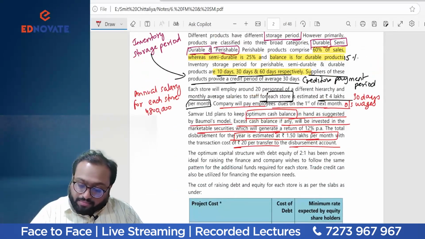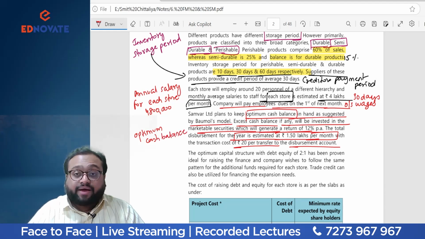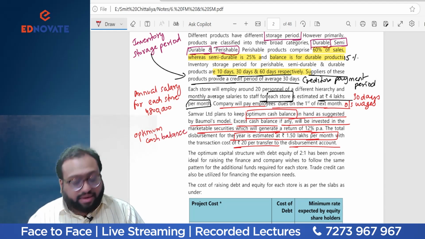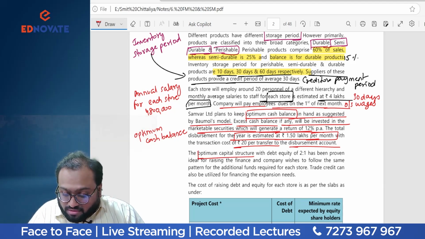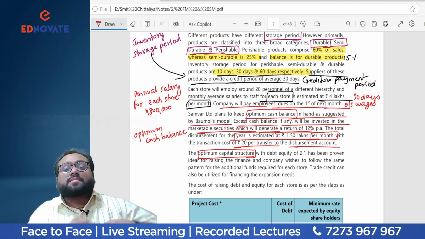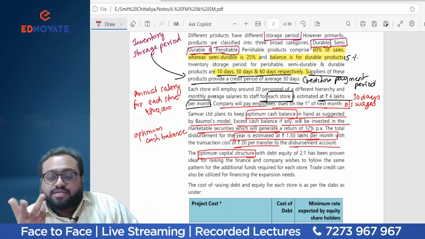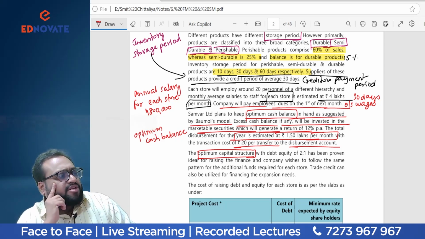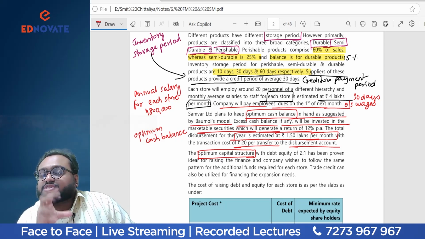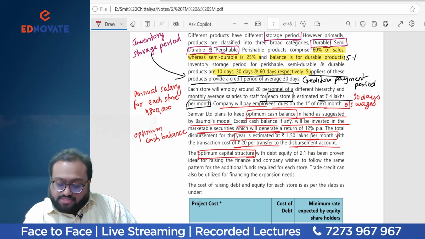So here what I need to find out is my optimum cash balance. One thing I'm writing down, with each paragraph, what I can find and what the paragraph can help me to find. Completely fine. The optimum capital structure. Lovely. Second time the word optimum. The first time the word optimum was in optimum cash balance, of course, cash balance chapter, William J. Baumol's model. Now, optimum capital structure, as we have studied in the class, and students of Ednovate very nicely and properly know one thing, that optimum capital structure is a capital structure.